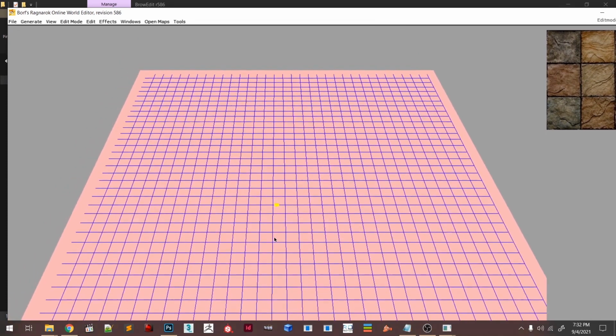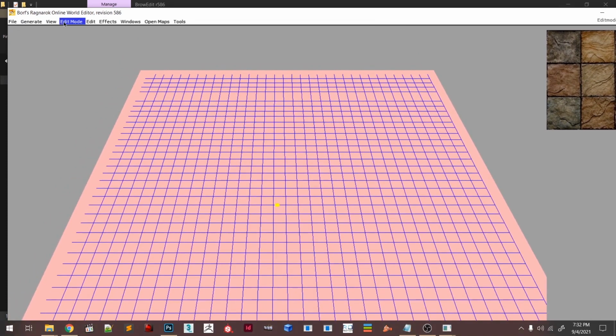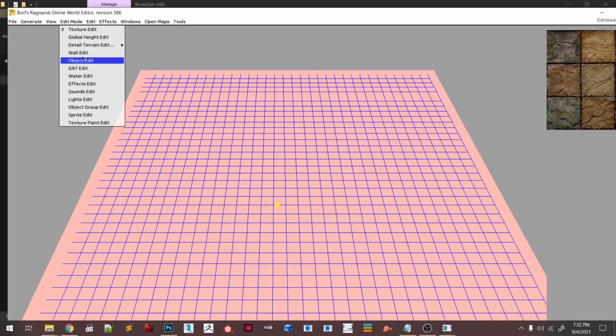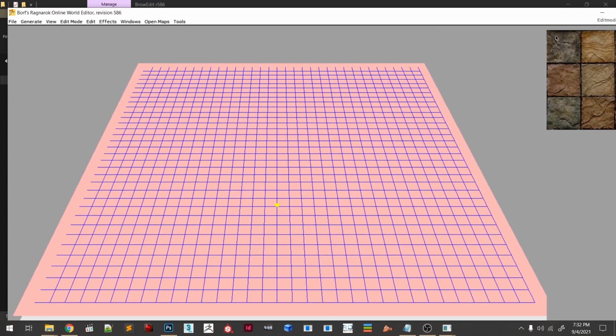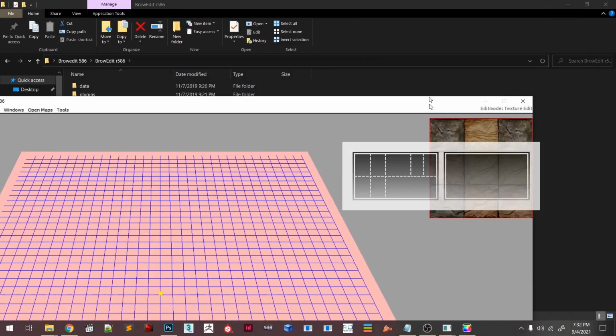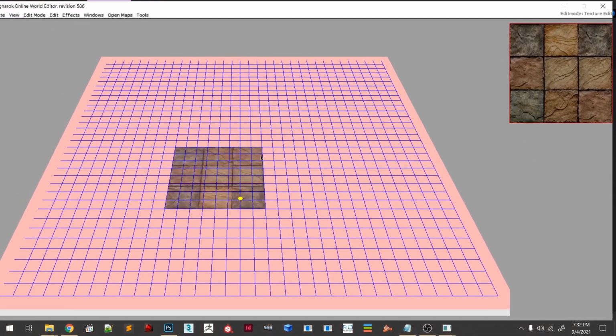Alright, so if I go to edit mode and texture edit, so it's already default, and I take this texture on the side and select it like that, then you see the textures right here.